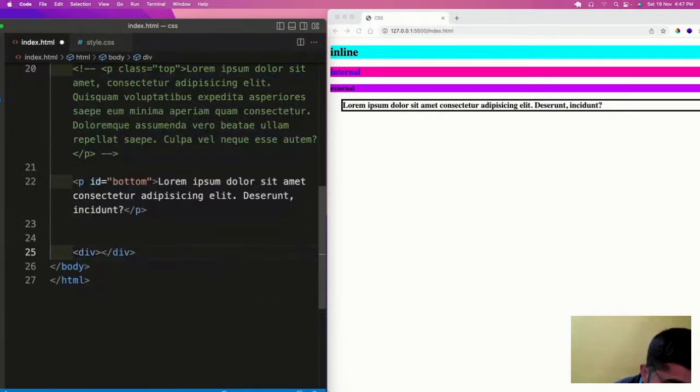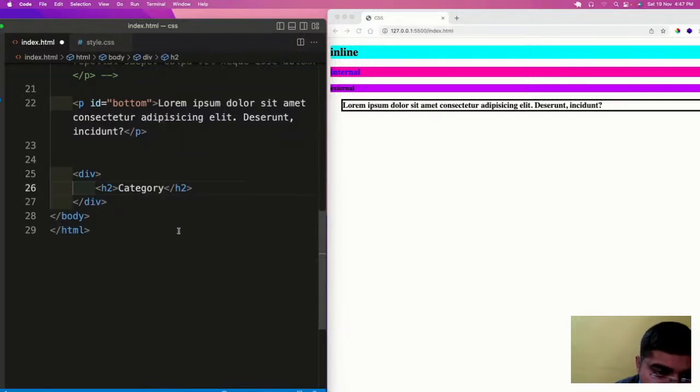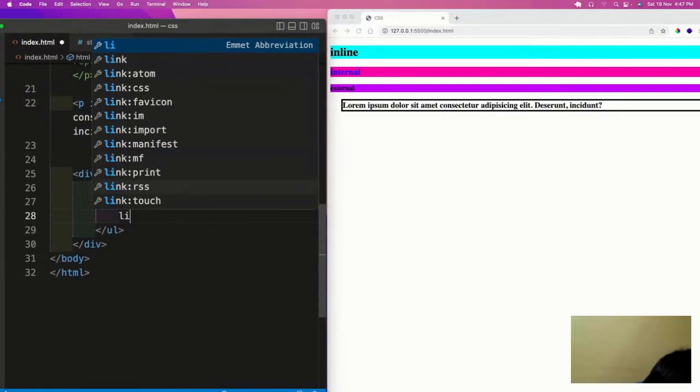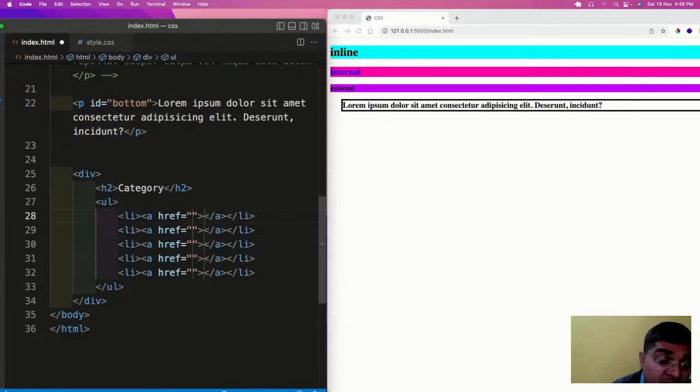I have a div, and in this I have an h2 with category as the header. After this we use a ul, and in this I use li times 5.